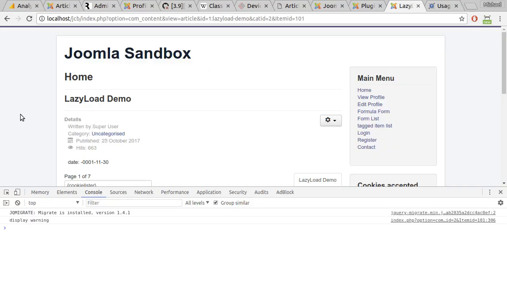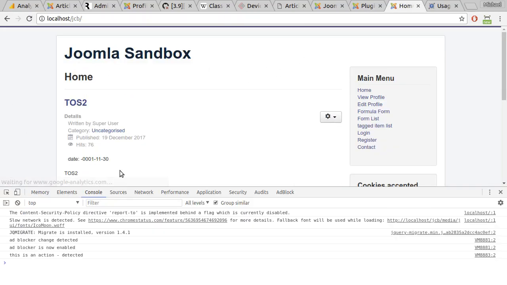So let's go here. Let's go to the home, and as you can see, I have my ad blocker enabled here, the red stop sign. This is a new session, so it detected a change. Ad blocker is enabled, and this is the action. So these are the change actions, and this is the regular action, and the action has detected that the ad blocker is enabled. Now, if I refresh this page,